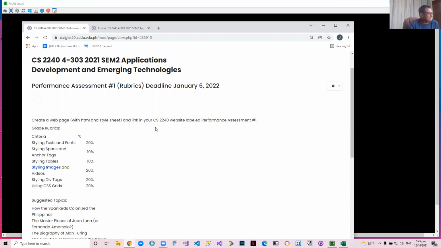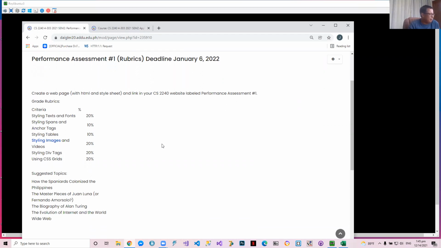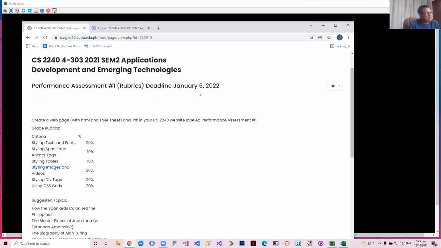Whether you're using W3Spaces or GitHub or Netlify or whatever, I think most of you are using GitHub and some of you are using W3Spaces. Put it there, so the deadline is January 6. Sir, for the name of the HTML, do we decide or does it need to be Performance Assessment 1? Performance Assessment number 1 only. Yes, sir. Okay? And the CSS,